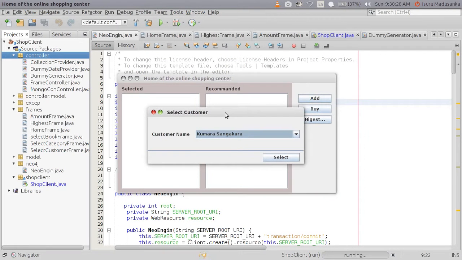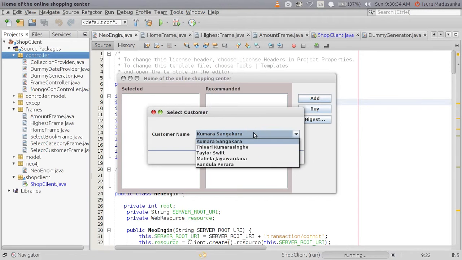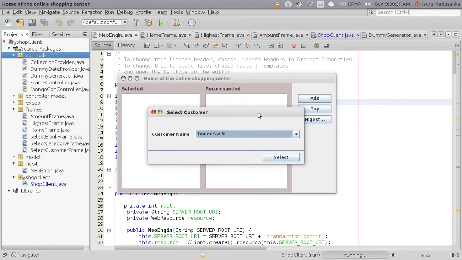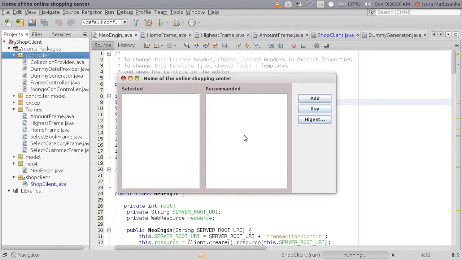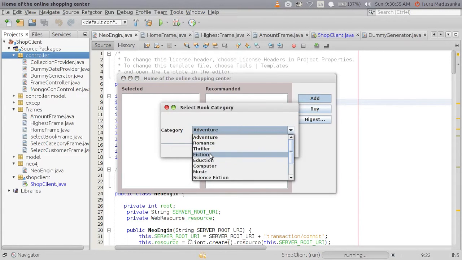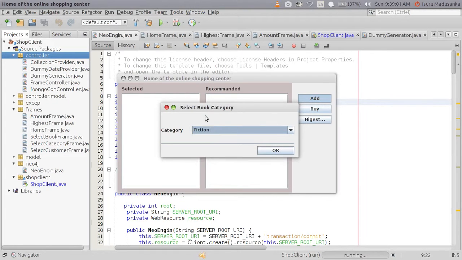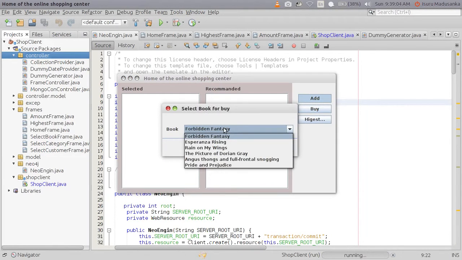This is what it looks like when you run the application. First of all, there are 5 users, and the application asks which user you want to select. There is no password; security is kind of right there. Select the user, and now I have displayed the user's screen. When I want to buy books, I have to place the invoice. I have to add the books, and I have the fiction category, and in the fiction category there are a couple of books, and